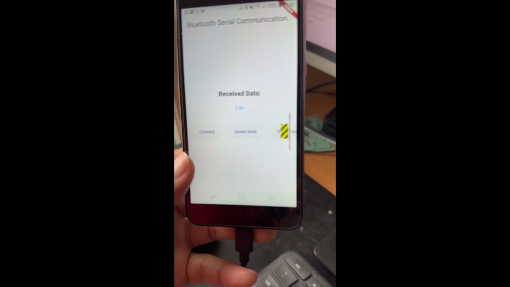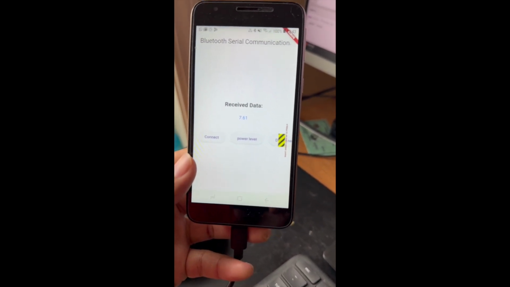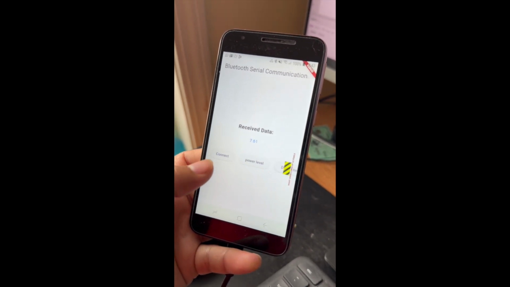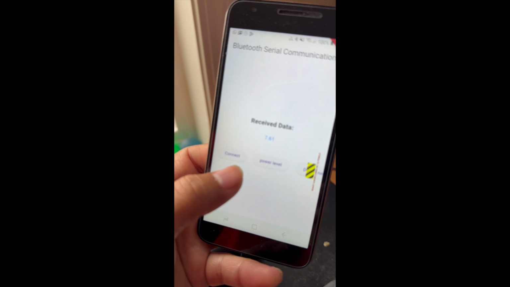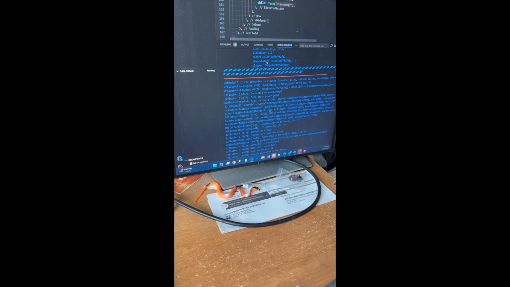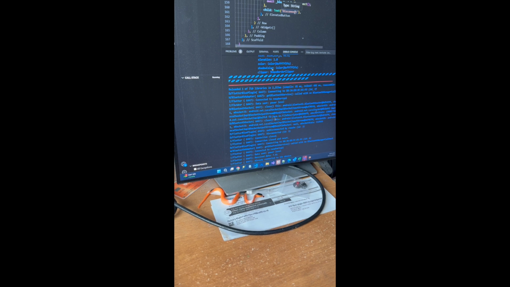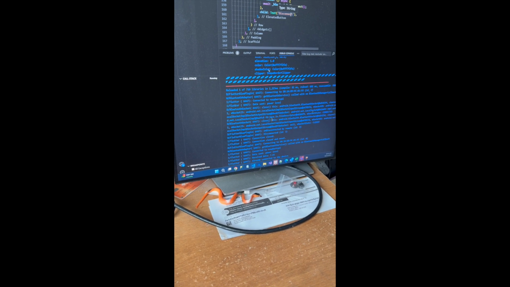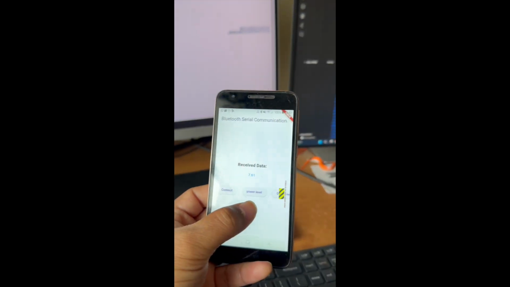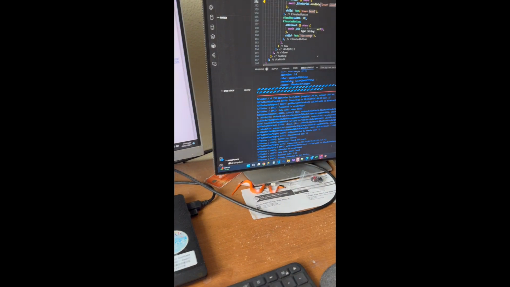This is the Bluetooth serial communication app, and as you see, we have this connect button. When I press the connect button, as you see, it is saying that it is already connected. And then if I press the power level here, it will